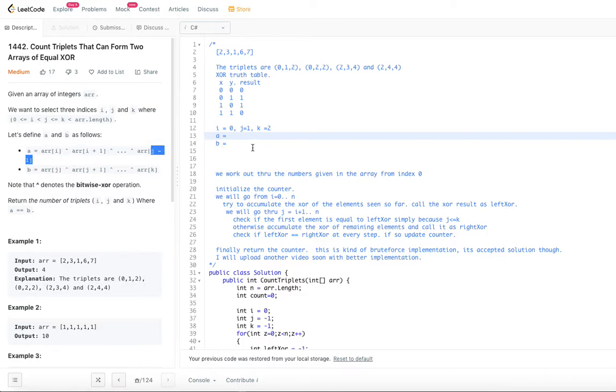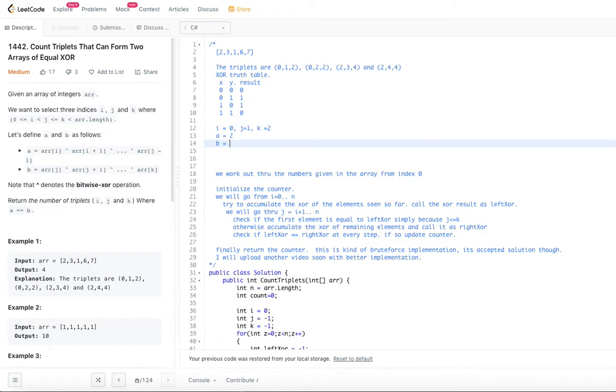Remember, it is not going through j, it is not having j in it, but it is going from i to j minus 1. What is j minus 1 here? 0. That means you are just taking one element to calculate A. What is that one element? Index 0, so A is equal to 2.